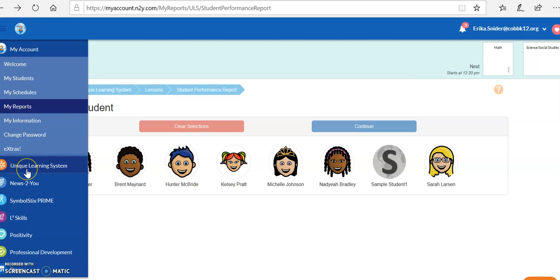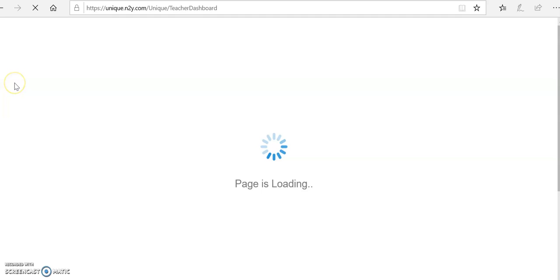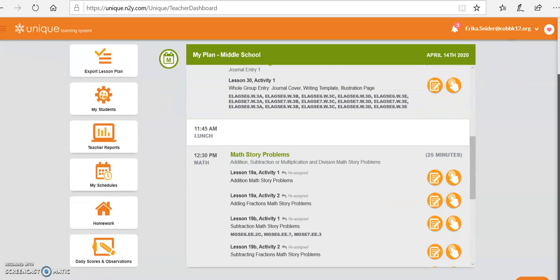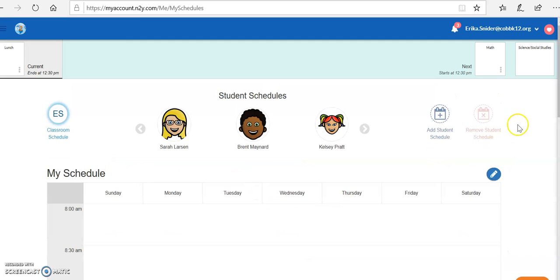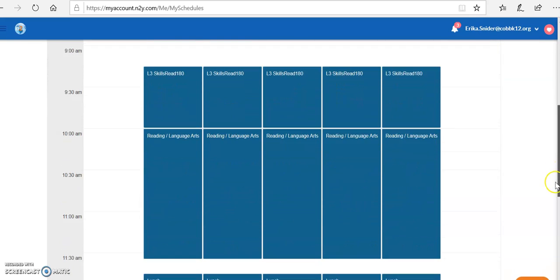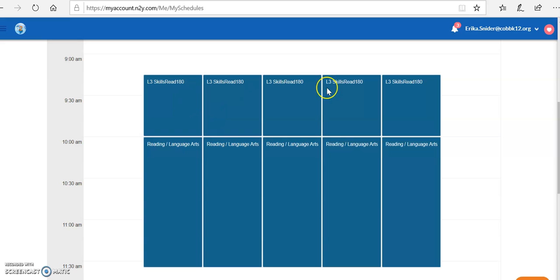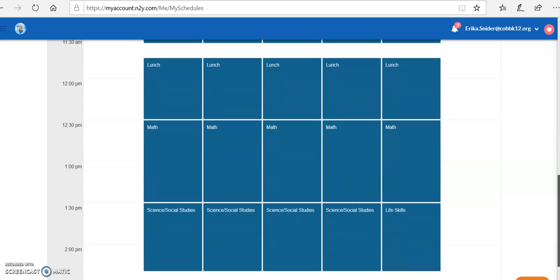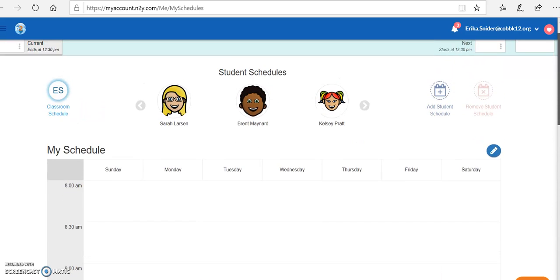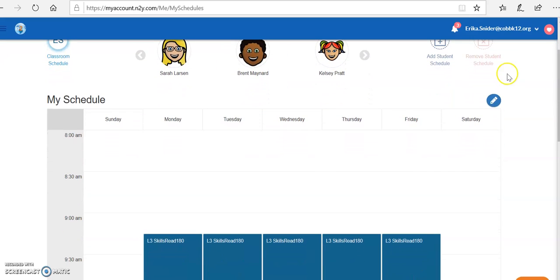Okay, let me go back home, go back into Unique Learning and go home. I'm going to show you a few other things. Okay, that is your schedule again. And it will take you through the steps on how to initially set up your block times, and they can all be different. For us, we use the suggested monthly plan, so it automatically tells us. All I had to do really was go in and put in a lunchtime, and it figures in everything else for you. But you can certainly edit this,